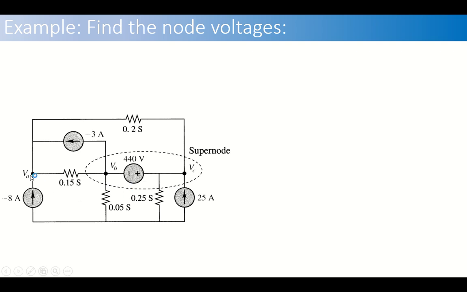So anyway, you can see that we can apply KCL at point number A, but we cannot apply KCL at point number B and point number C. So one equation we can construct at node number A, and we can construct another equation at the super node, and another equation we have to construct using Kirchhoff voltage law.